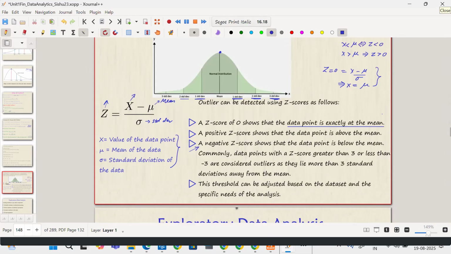It is the other way around also. Two ways. If x is less than mu, it implies z is less than 0. Z is less than 0 implies x is less than mu. It's a two-way road. One implies the other, and the other implies the first one also. Okay, fine. So commonly,